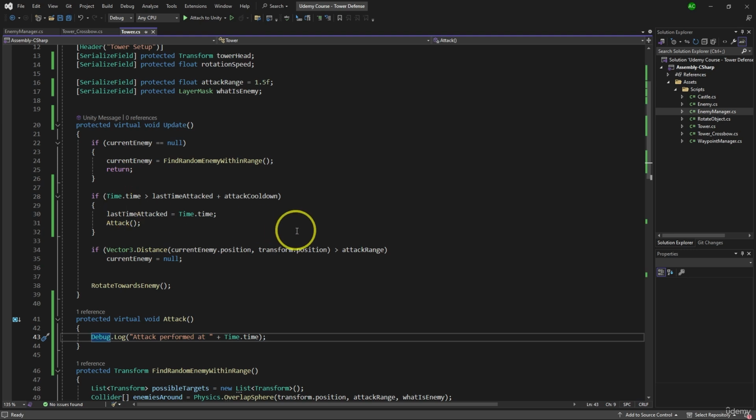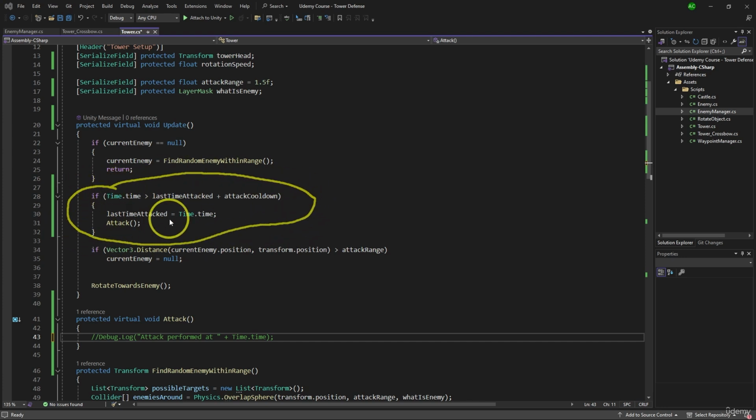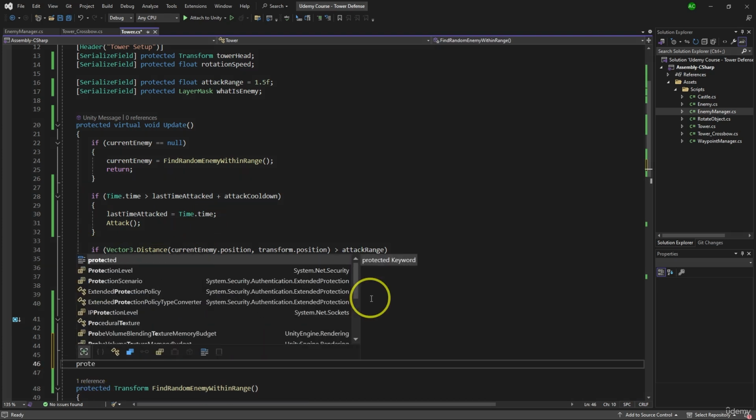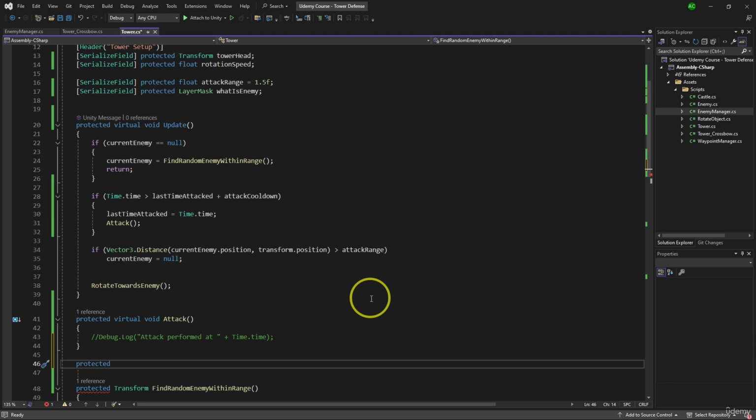So I don't want to see a message anymore. I'm going to comment this out, and I want to clean this up because I know how it works, but it's kind of difficult to read if you just take a quick look at it. So maybe we can make some sort of a method, and I'm going to make it protected in case I want to check if the tower can attack in the future. So I'm going to do protected bool CanAttack,